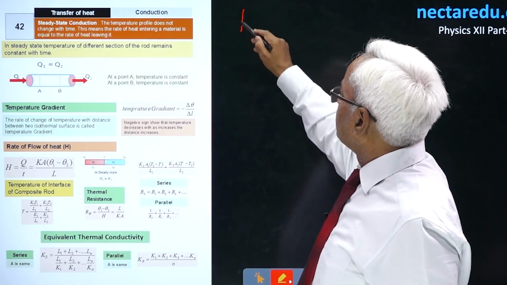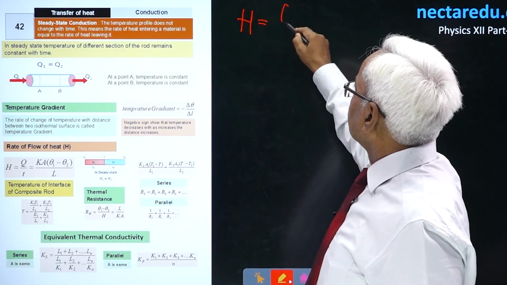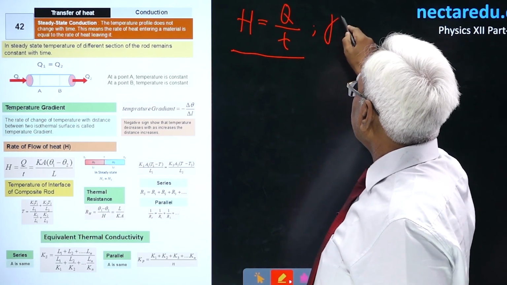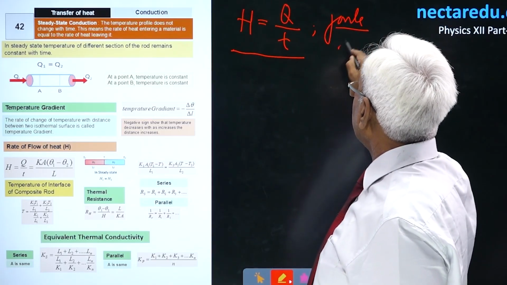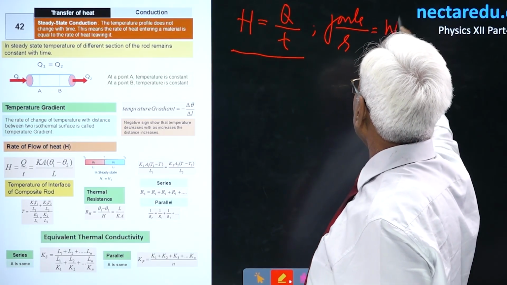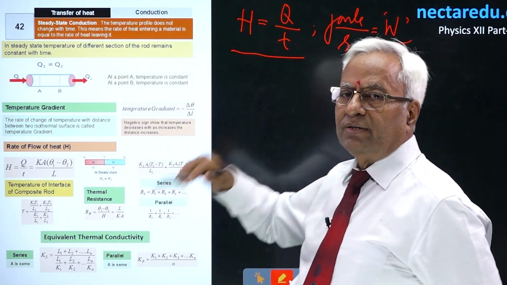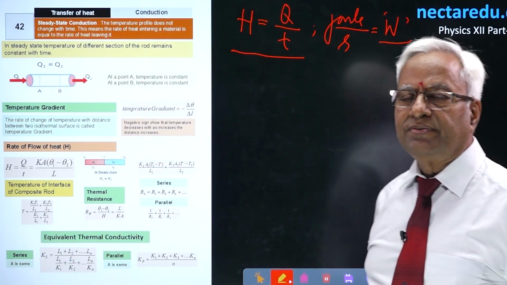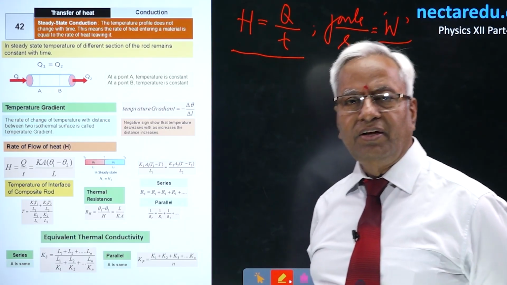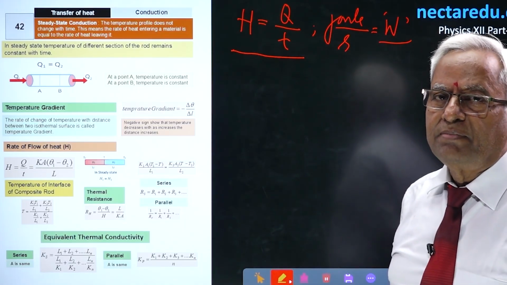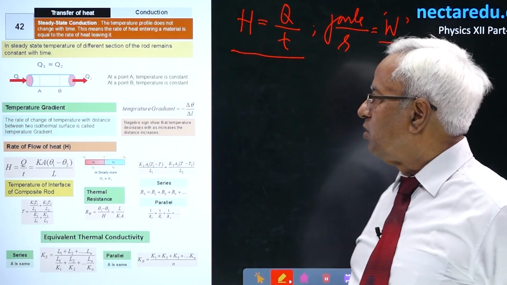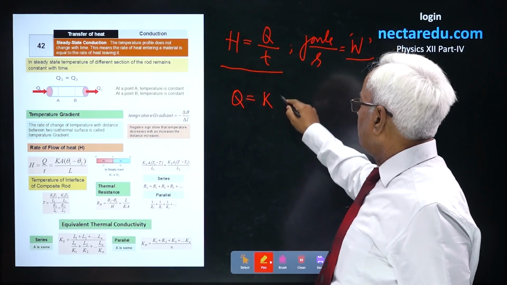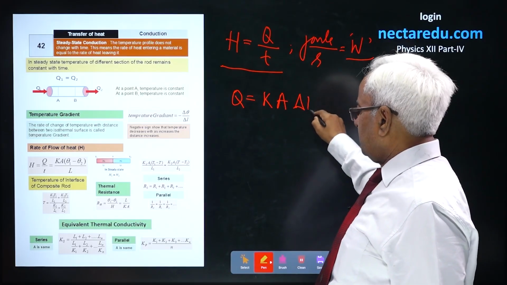You must know what is thermal current. This is the rate of flow of heat. This might be said as joule per second, and you must remember that this could also be written as watt. So watt is also the unit of thermal current. Normally we say it is the unit of mechanical power, but you could also measure thermal current in terms of watt. You see this relation Q equal to Ka delta theta